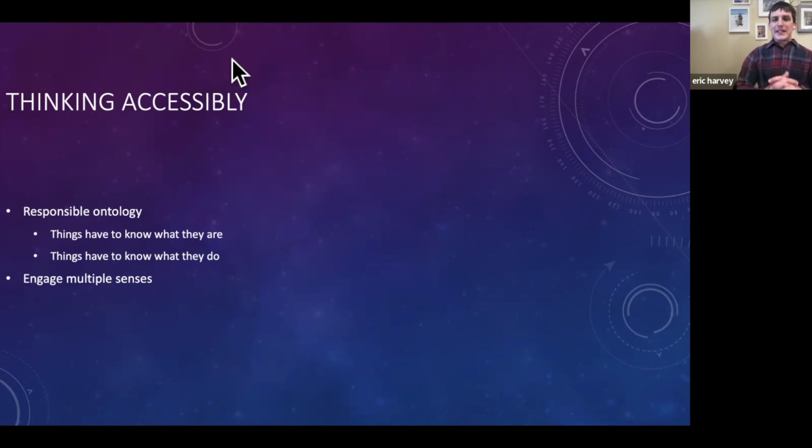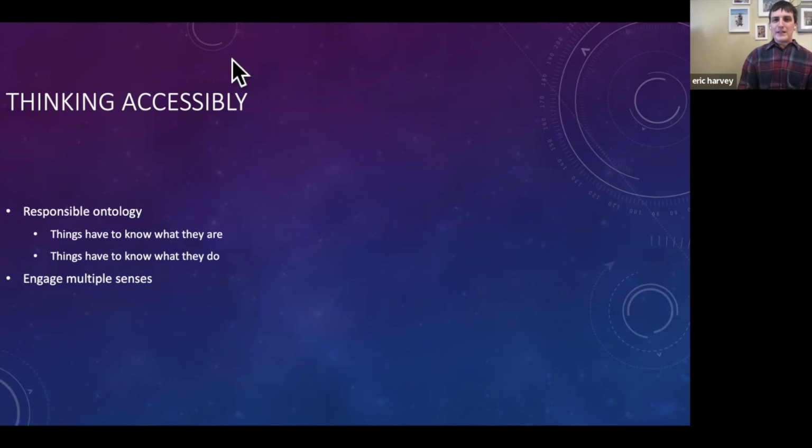And so we also need to stop thinking monosensorily here and start thinking multisensorily. That is, if we think of text as a primarily visual phenomenon, then we will care most about how it appears on the screen.